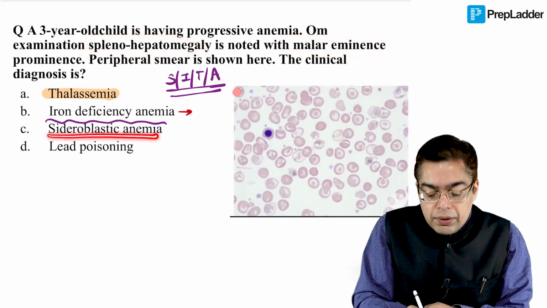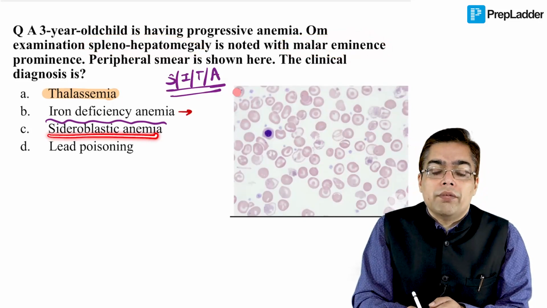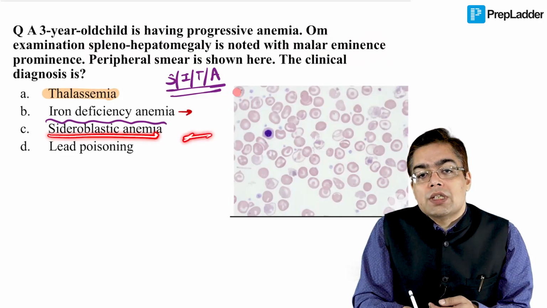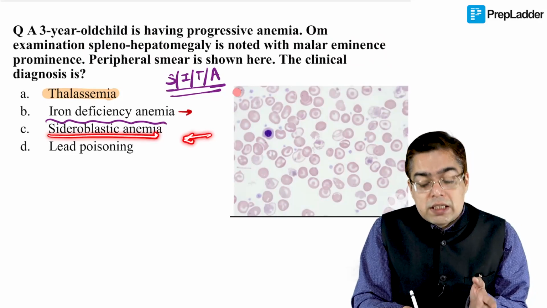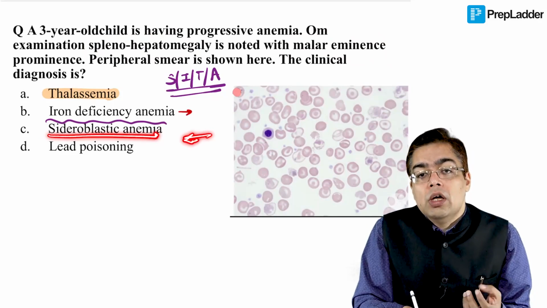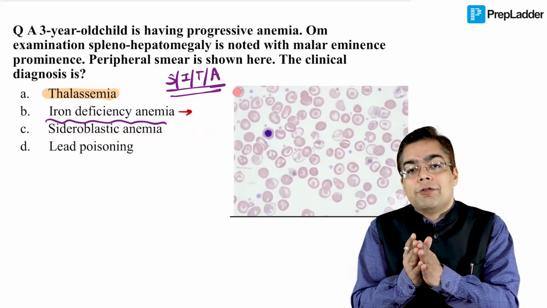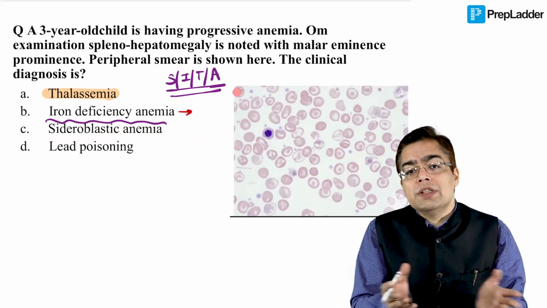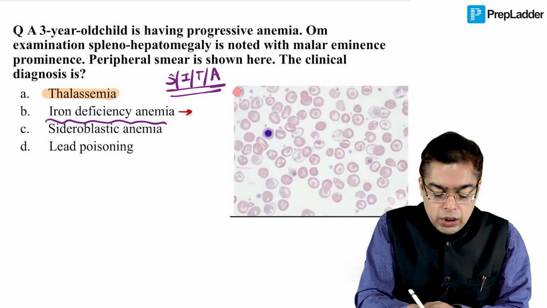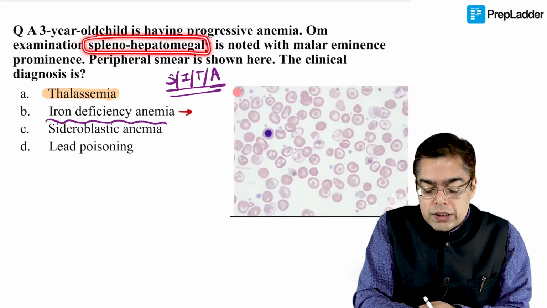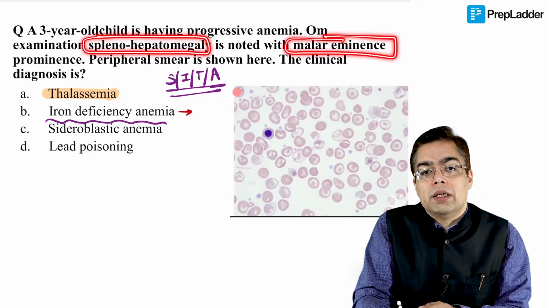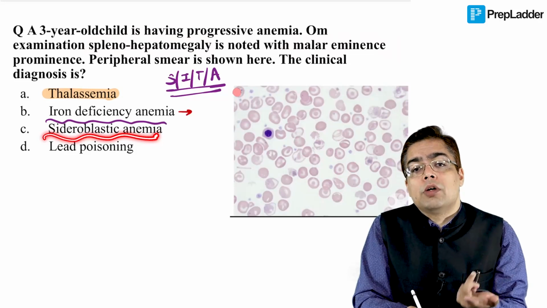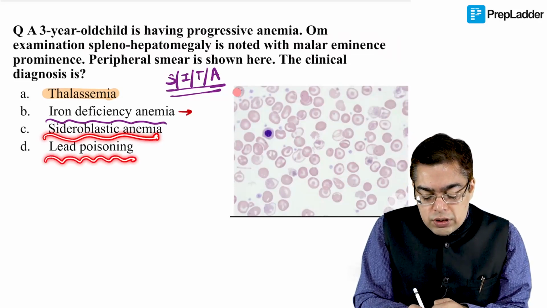When you're talking about sideroblastic anemia, you need a history of a patient having maybe a congenital enzyme deficiency, or a situation in which this individual, not a child but usually an adult, has an alcohol intake history, or a history of having suffered from a condition like tuberculosis and then being put on anti-tubercular therapy. So those histories are not there, and on top of it, sideroblastic anemia can again be ruled out because you would not have splenohepatomegaly, you would not have malar eminence. So that is what helps us rule out this option. The cause of sideroblastic anemia with respect to our forensic link happens to be one of the conditions suggestive of lead poisoning.